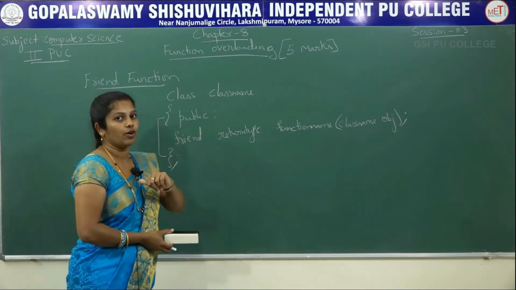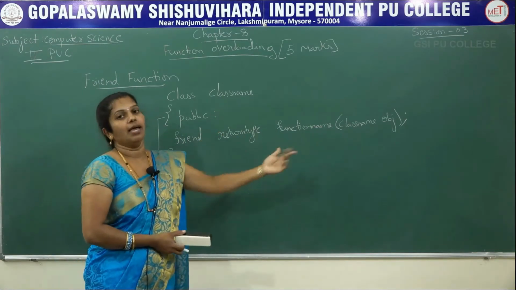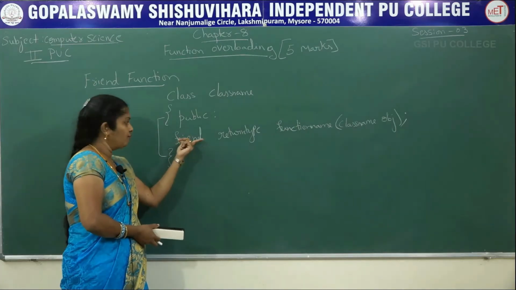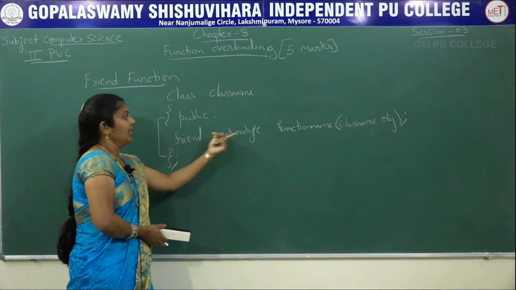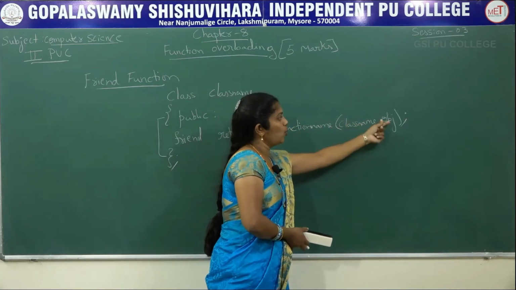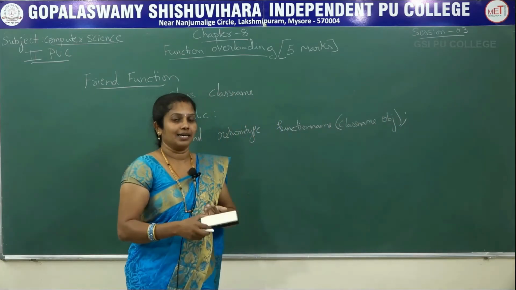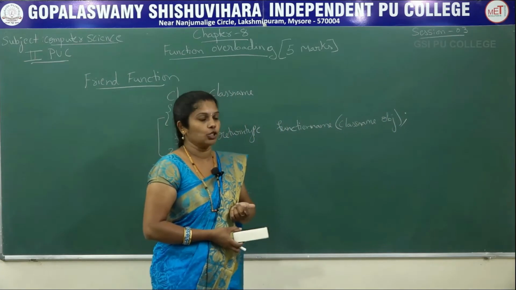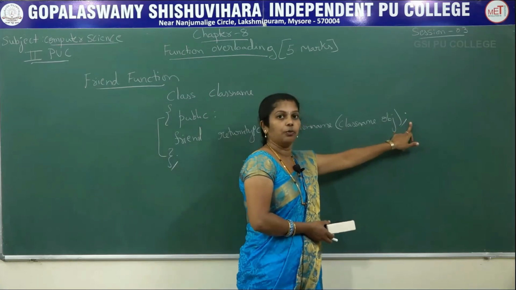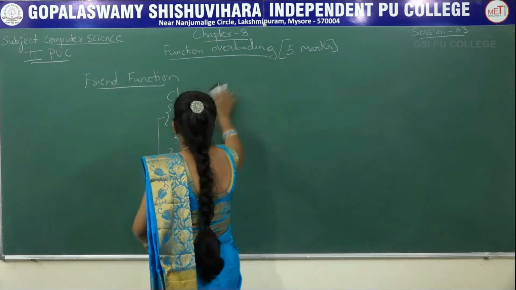Whereas for inline, what we are doing? Inline, then return type, then function name, inside the bracket arguments we are writing. Whereas for a friend function, first you have to use the keyword friend, then return type, function name, then class name, just leave one space, then object. If you want, you can write the statement inside the class as well as outside the class. If you want to write the statement outside the class, then here you put a semicolon.